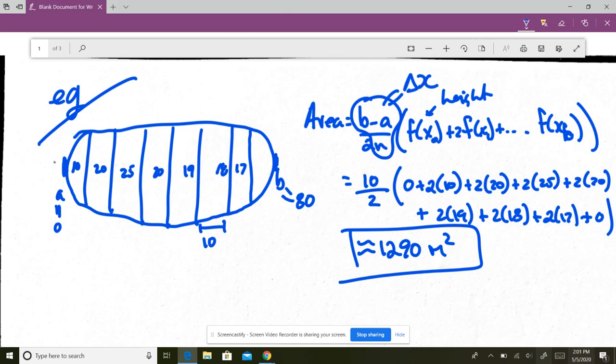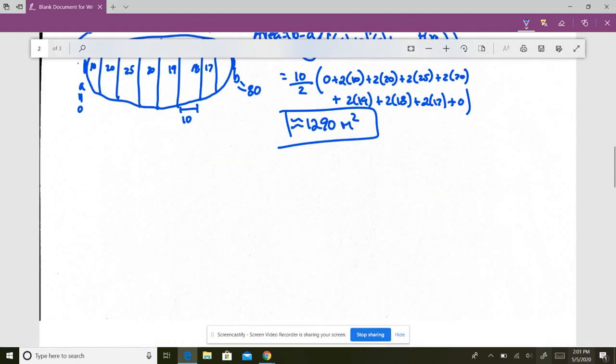So when you're doing this, just to show you, I could have gone 80 minus 0, there's 8 of them. 80 over 8 is 10, so I'm going to get 10 over 2 anyway, okay? That's trapezoidal rule. If you have the questions from the book, once you do this a couple times, it makes sense. 1, 5, 35, and